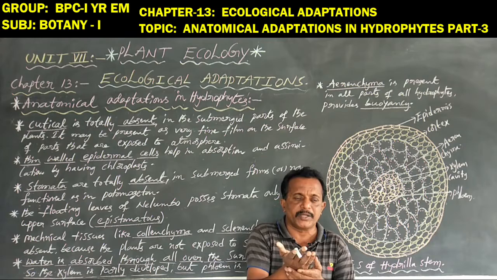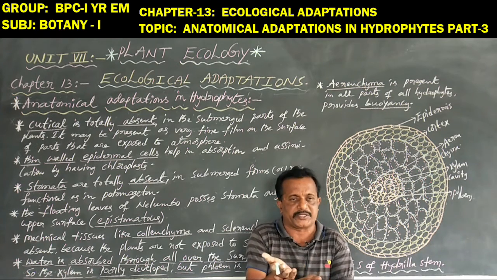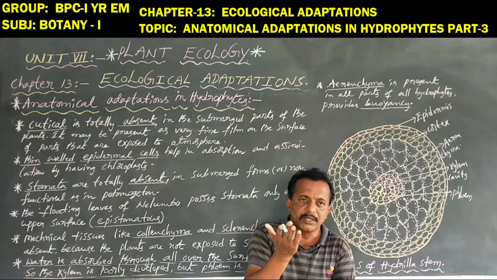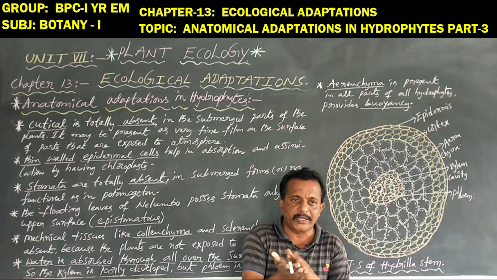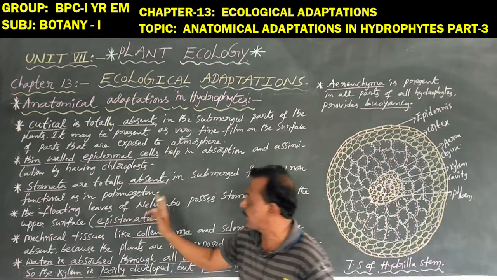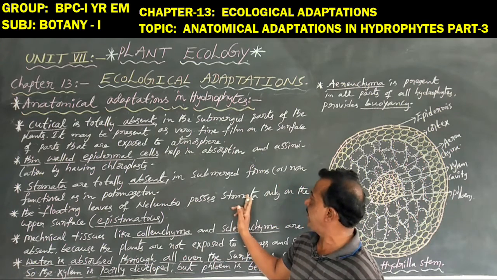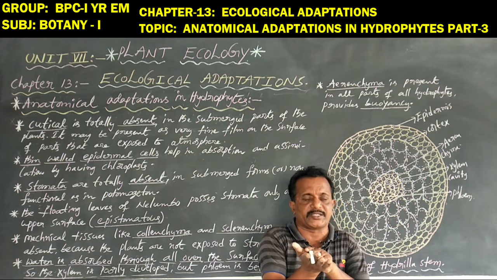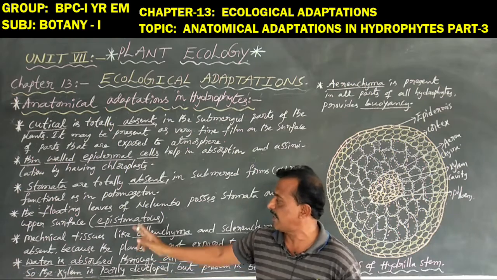But all higher plants' leaves have an upper surface and a lower surface, that is, the upper epidermis and lower epidermis. The upper epidermis contains stomata, and the lower epidermis contains stomata. But especially in aquatic plants, that is, the floating leaves of Nelumbo, only one type of stomata is present. These stomata are present only on the upper surface. Stomata present only on the upper surface of the leaves are known as epistomata.